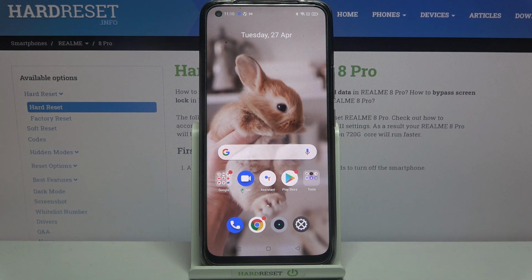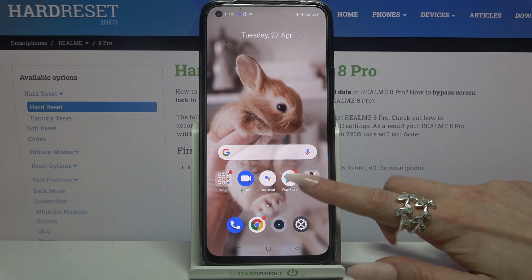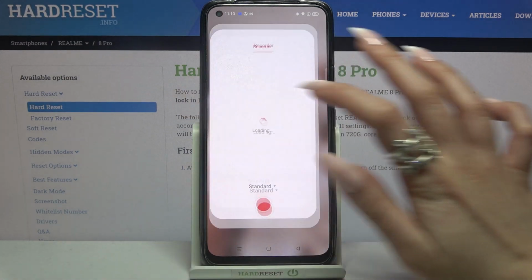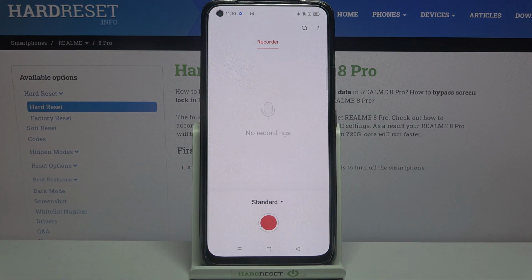Hi, in front of me is Realme 8 Pro, and today I would like to show you how you can use voice recorder on this device. First of all, go into folder tools. Now click on recorder, and normally you need to tap allow over here, but I already did that, so all